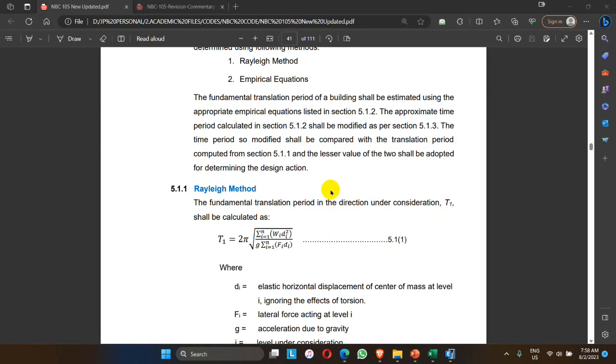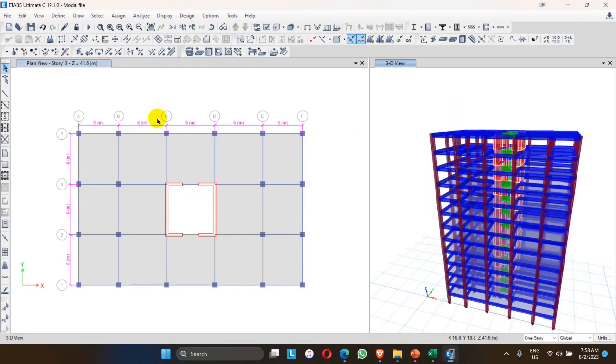In one of my previous videos, I have already developed the model and evaluated the story stiffness of the building and compared that manual stiffness calculation with the value obtained from the ETABS. So today I will continue from that part, taking the model which I already used for the stiffness evaluation. This is the model I used in my previous video, and I will continue from this model and evaluate the time period of the structure by both methods and compare it with the value obtained